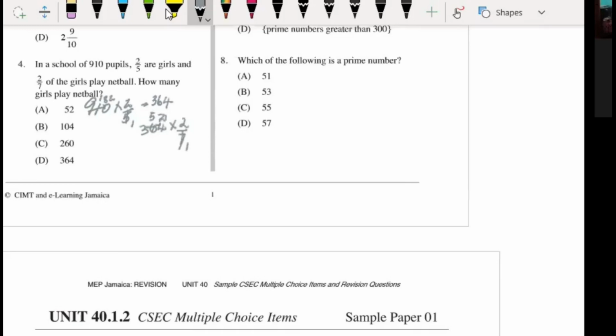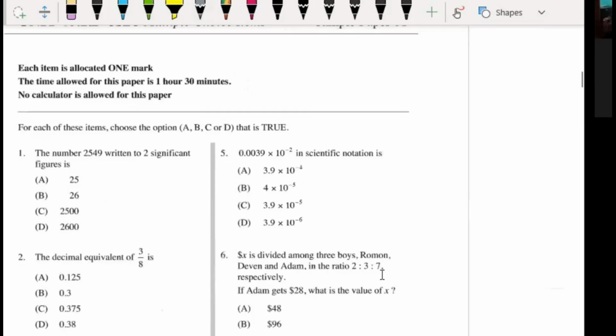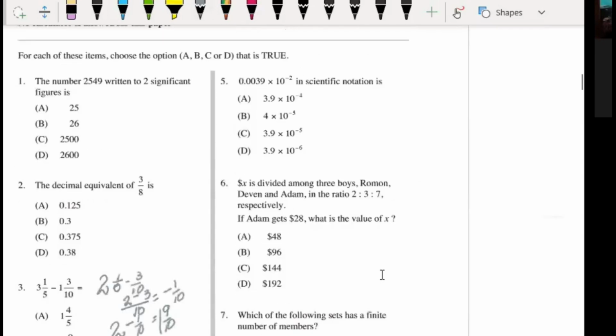So the answer is 104, which is B. Okay, so good. So far, so good. All right, question 5 asks us,